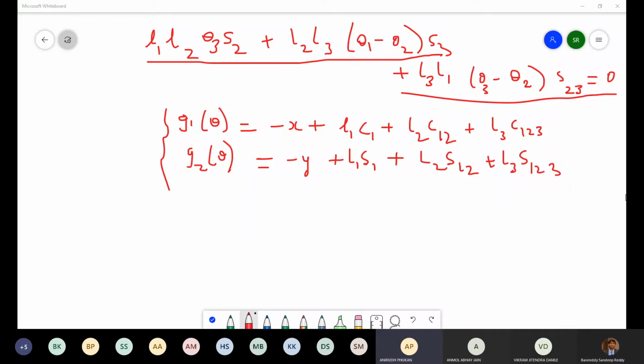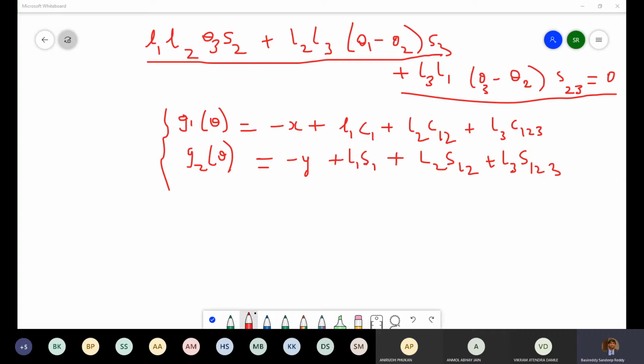Sir? Yes, please tell me. Why have we considered the function as theta 1 square plus theta 2 square plus theta 3 square? It is not necessary to do that, but sometimes when you minimize the joint rotations, you are minimizing whatever torque is being supplied. So that is just one way of putting a constraint so that we can get a unique answer. It is not necessary.